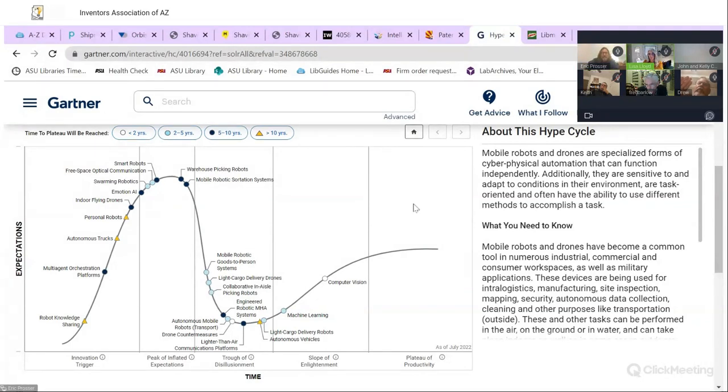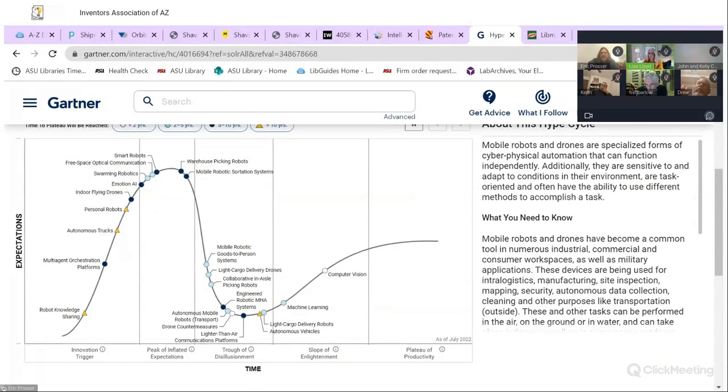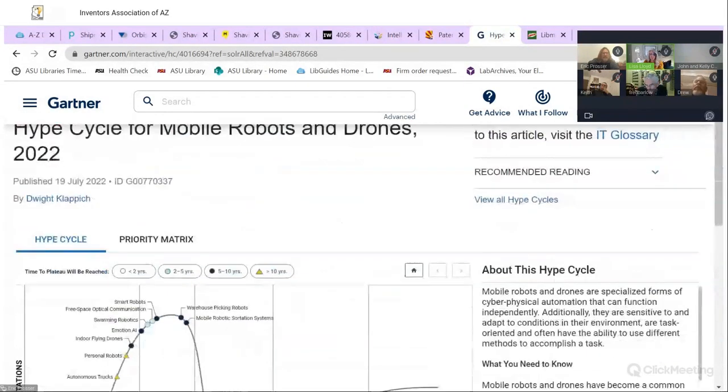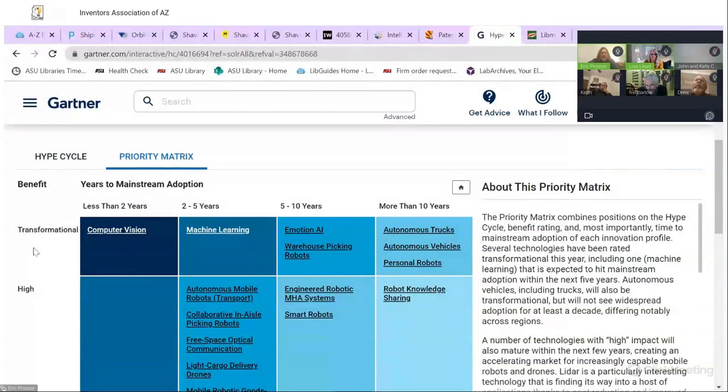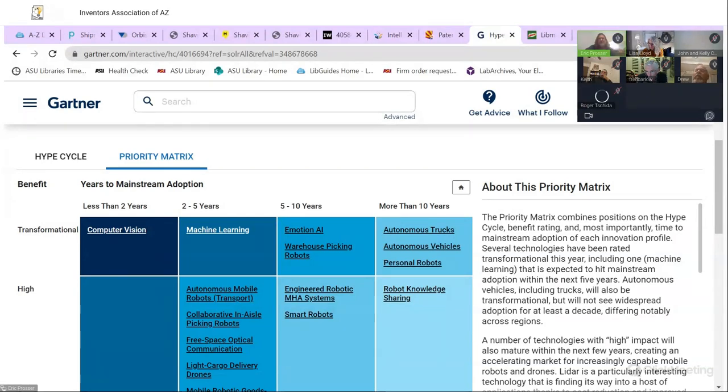Yeah. Going the other direction with the data, they do also have this thing called the priority matrix. When we're talking about disruption or a transformational benefit, as they call it, these are the sorts of things that, when finally developed, are going to have that disruptive effect on industry, and not just the industry they're talking about, but broader industries as well, because we can imagine what autonomous trucking would do, not just to the robot industry, but really autonomous trucking is going to revolutionize logistics and shipping.